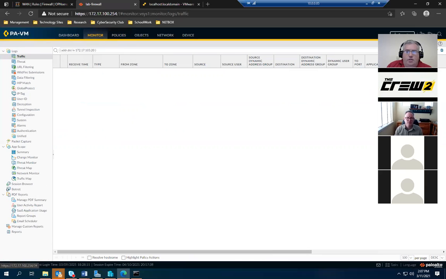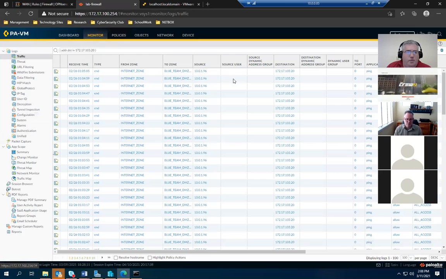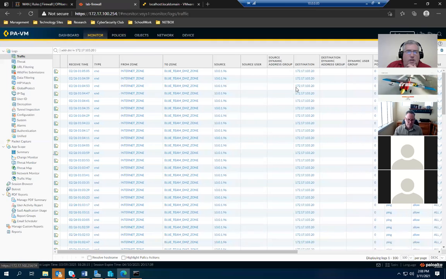So anyway, this is our traffic monitoring logs, and these are all the different logs that you have available. But this is the traffic one. This is the big one. Source is 100196. That's my own computer in my office, and it looks like it's going to a destination of one of the computers. This actually happened back in February, as you can see here,